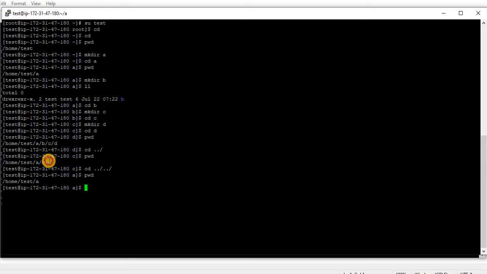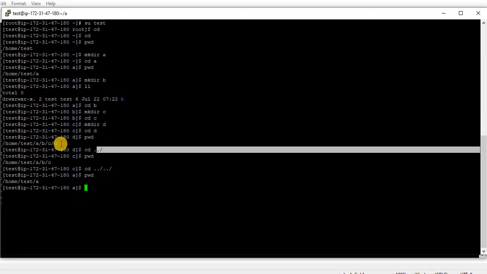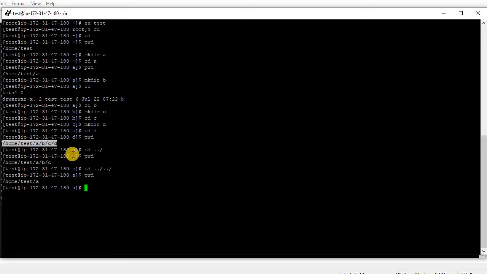Earlier you were in c. So when you gave only cd ../, you just switched from d to c. When you gave cd ../../ to move two steps backward, you moved from c to b for the first step, and b to a for the second step. So this is how you have to move.